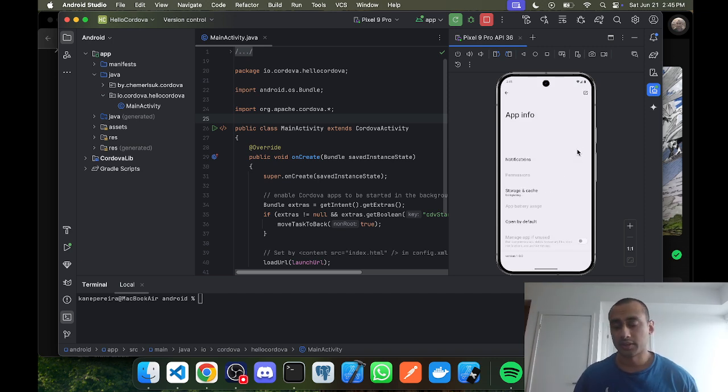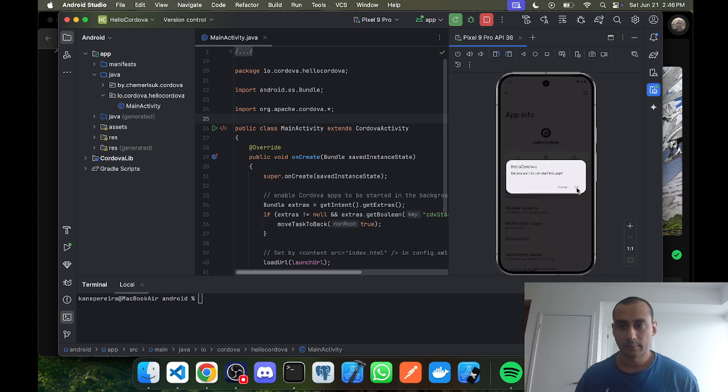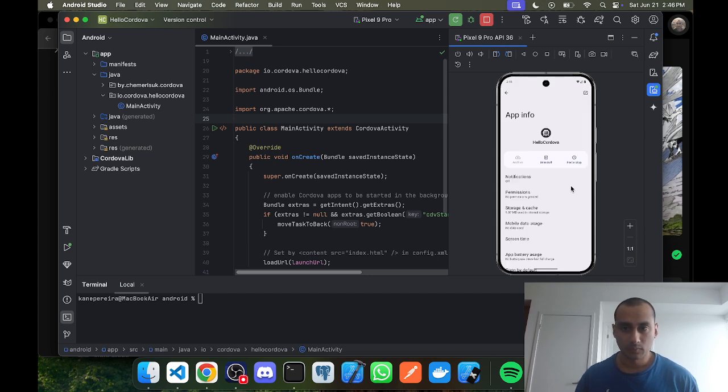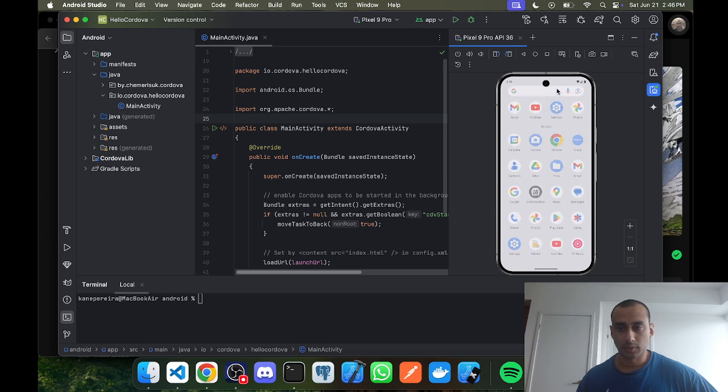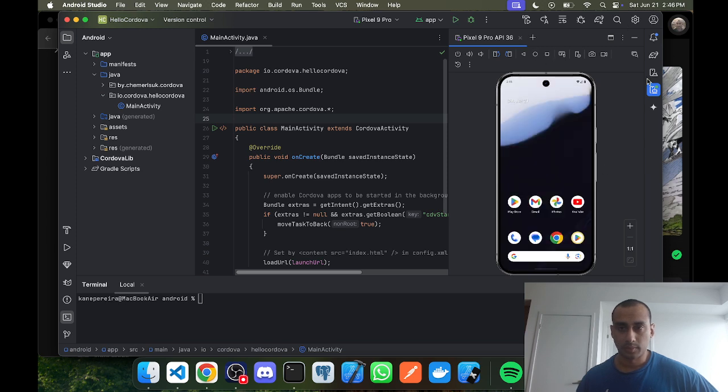The Google services file is back in here, so it's fine. Cool, that's done. Swipe up or hit this to go back to home screen. Okay, cool. Now that we have a working app,